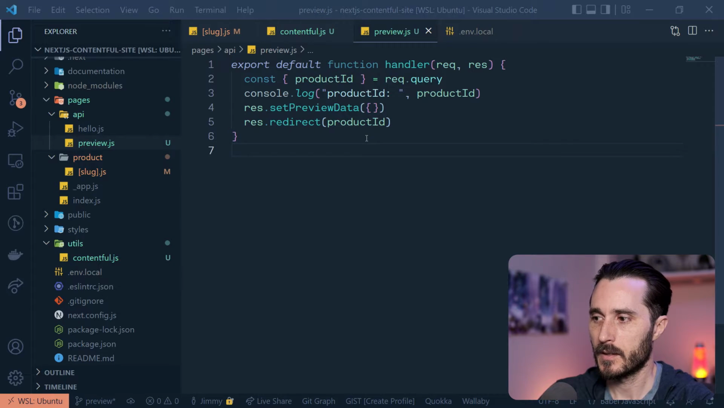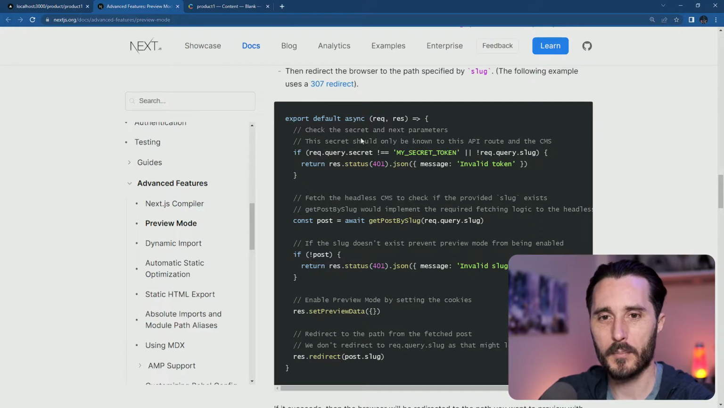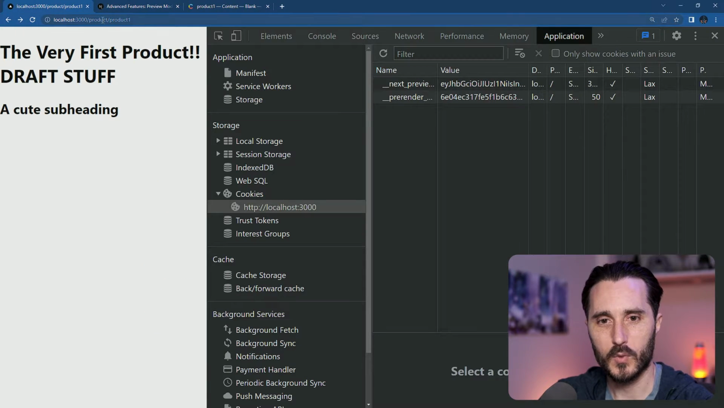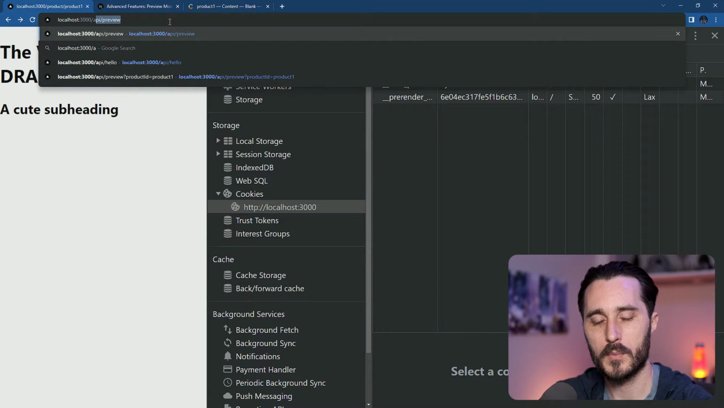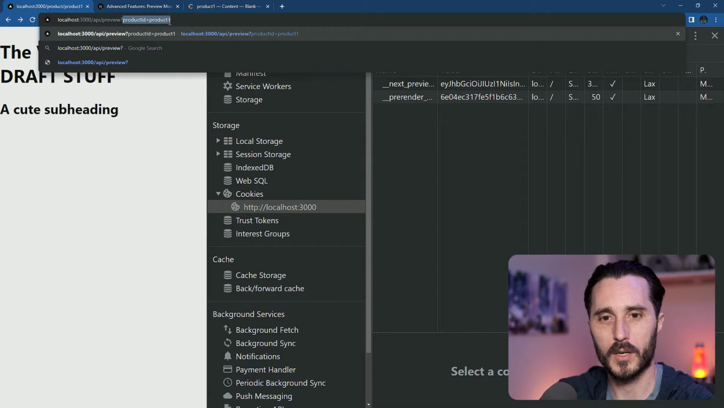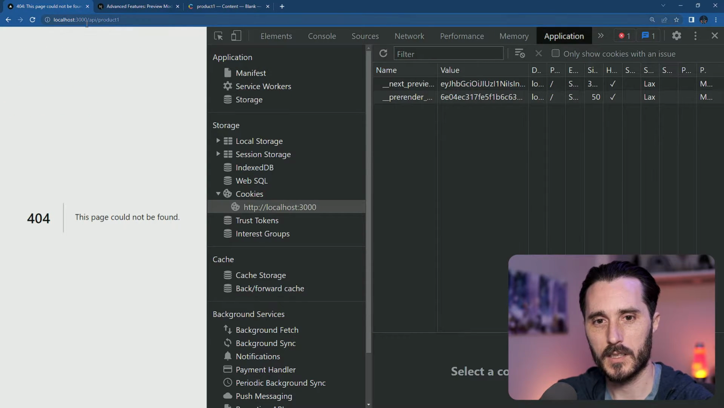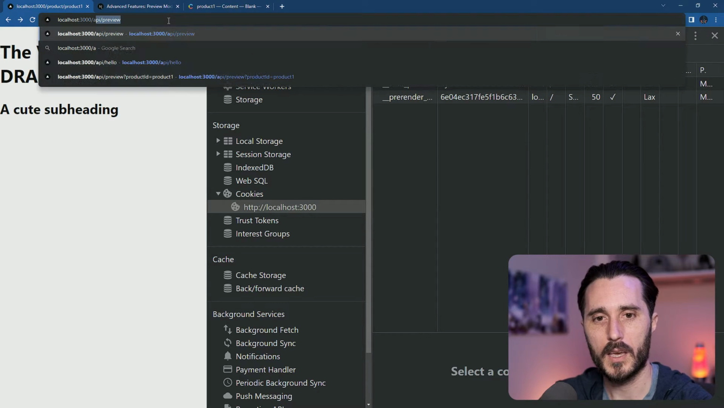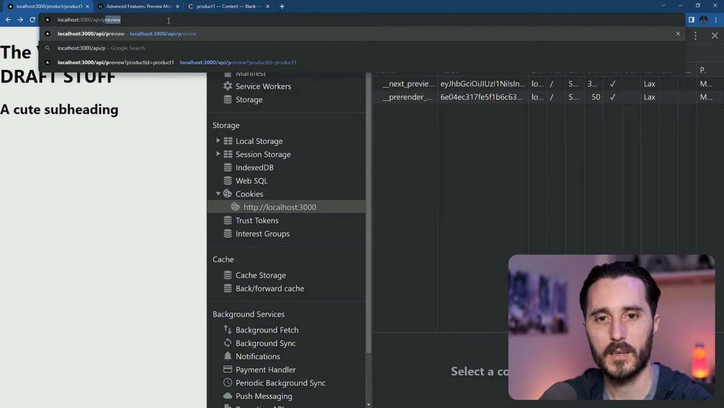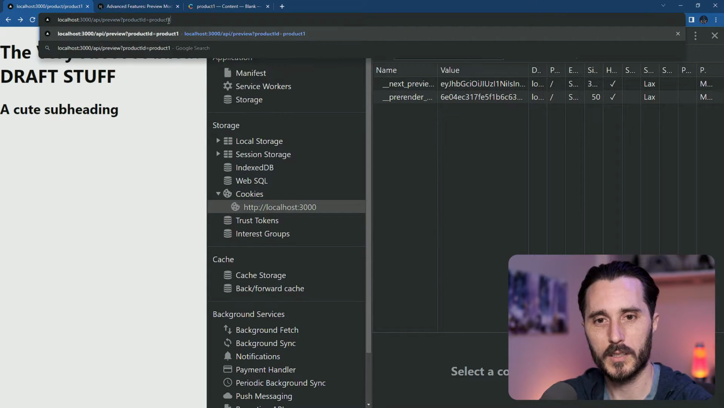Now, what could happen here is now that that's working, I'll go back to API preview. We'll do product ID equals. So if I go to product 1, that's going to take me to API product 1. And if I did slash, it would take me to slash product 1 or whatever. But let's go back here and do API slash, and then maybe let's do something like preview and then product ID equals